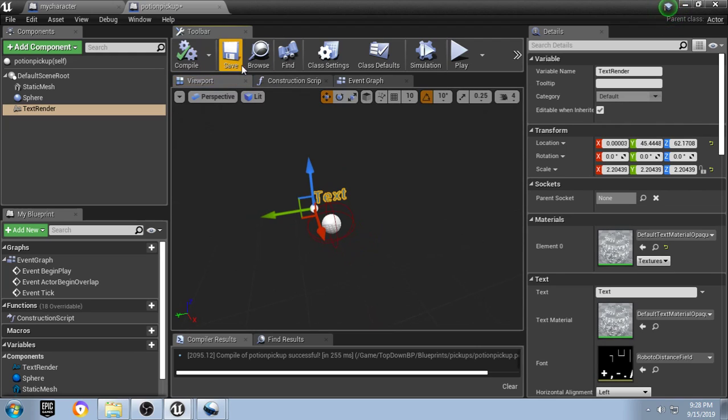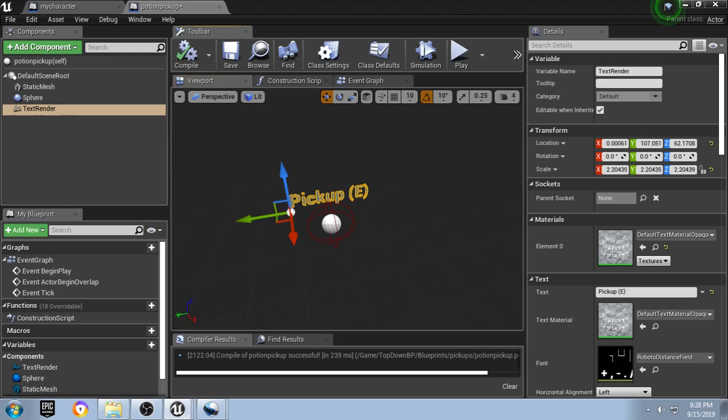And we'll compile, and I think we're going to set this right here. So for the text render we're going to say pickup, bracket capital E. So if we push E we can pick this up. Okay, so put it around there somewhere, and then